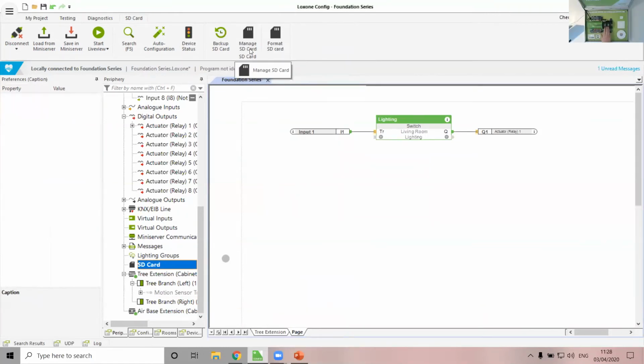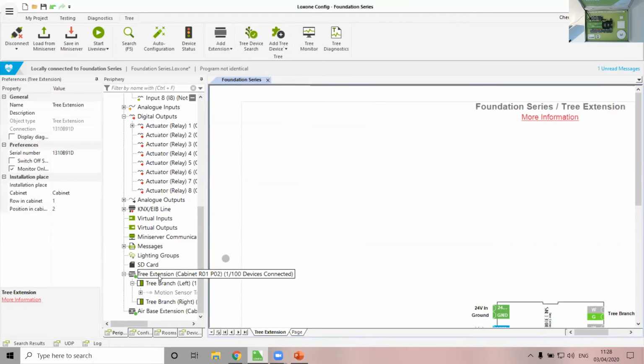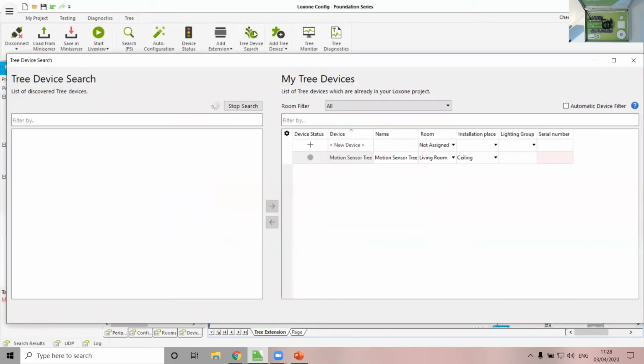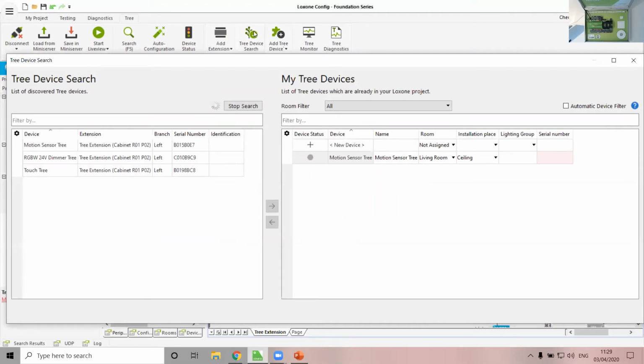So back on the demo case. And just like extensions, we need to search for devices. So what I'm going to do is highlight the tree extension, and instead of clicking add tree device for everything else, I'm going to instead click here, tree device search. When I press tree device search, it will search out everything it can see connected to my tree extension. So you can see my tree extension is flashing,